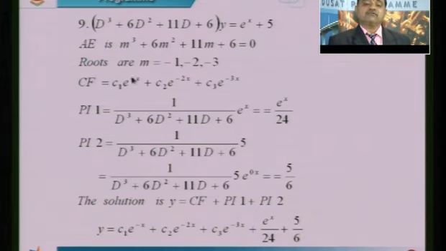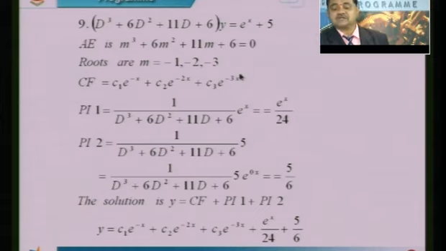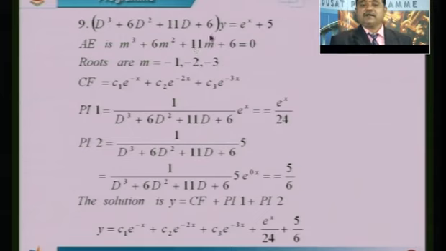An example of a third order equation. The same way they can ask fourth order. Until fourth they may ask, that's all, no fifth, sixth orders. So until fourth order they may ask. The same idea you should apply. Remember, type 1, replace d by a to find the particular integral.